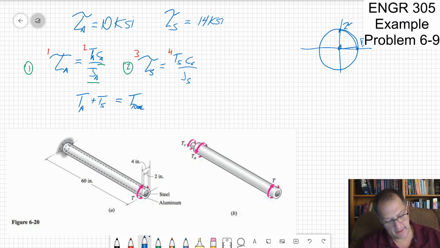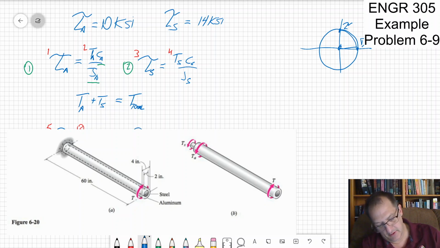Let's keep plugging away. I know that the deflection of the steel is equal to the deflection of the aluminum. Now, technically, that did add 2 more unknowns, 5 and 6. It gave me one more equation, that's number 3. But then I have, in blue,